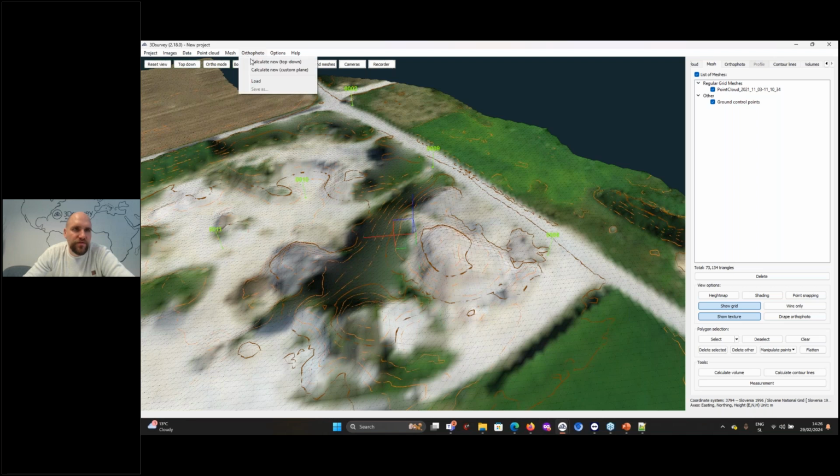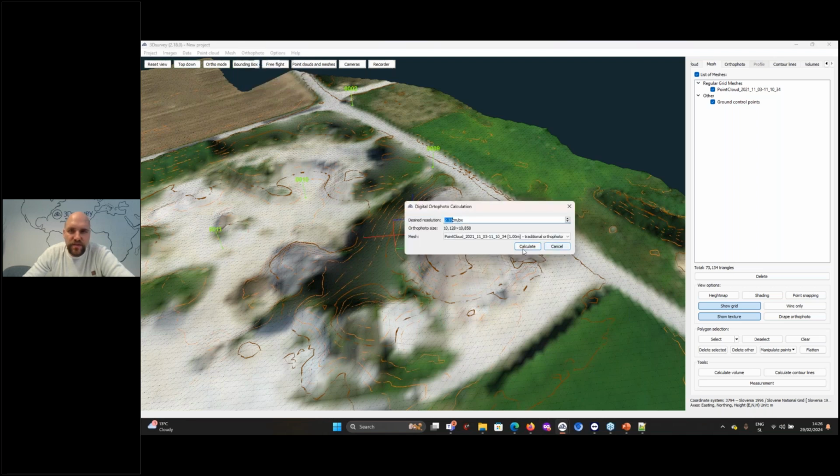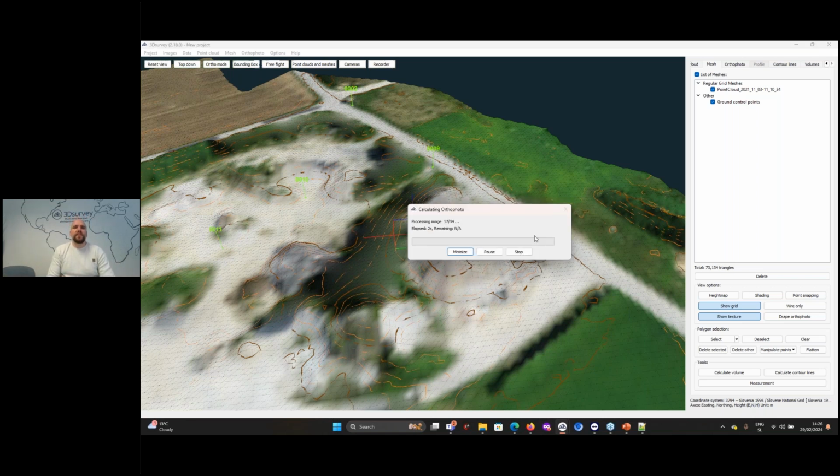So I go here, orthophoto, calculate new. The most appropriate resolution for our orthophoto is similar to the resolution the images were recorded at. That means about 2.33 centimeters per pixel. So let's press calculate and wait for this one to finish calculating.